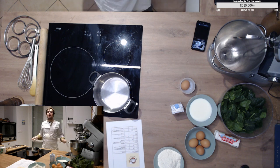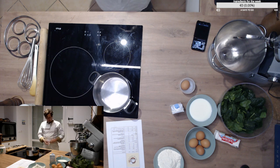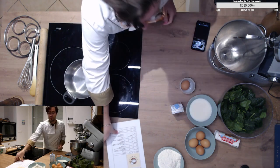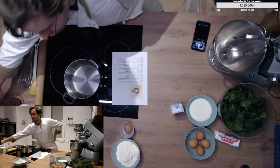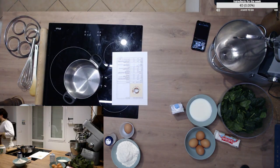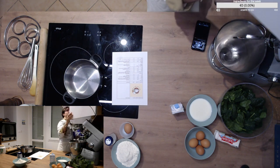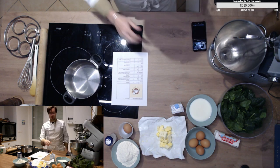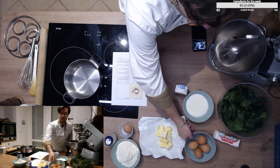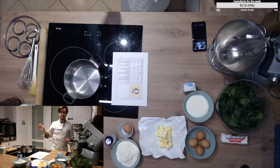So today we're gonna do goat cheese and spinach quiche or pie, depending on the country you're in. For this recipe, we're gonna need for the crust 200 grams of flour, an egg, a tiny bit of salt, and some butter from the fridge. And another gram of butter. For the mix, we're gonna need some milk, some cream, some eggs. And after, we're gonna have to cook our spinach, cut the goat cheese, and put everything in the quiche